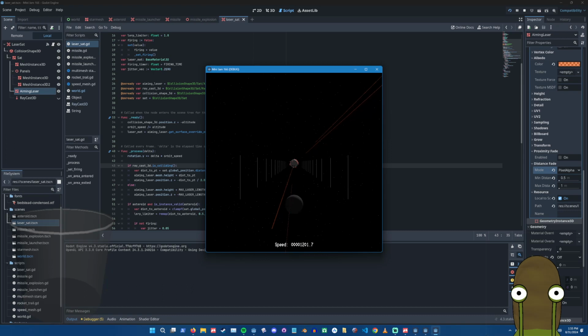What's going on here? Okay, now I'm in range, and yeah, the laser just needs to be longer. I see. Okay, yeah, I like the idea of the laser